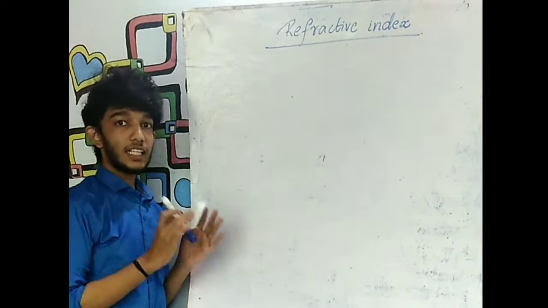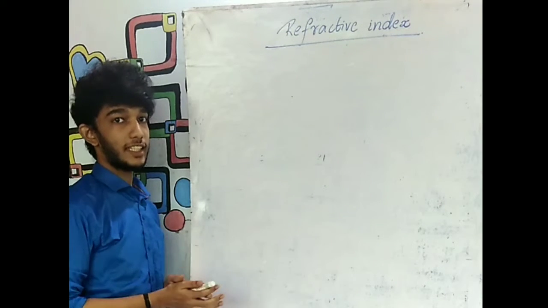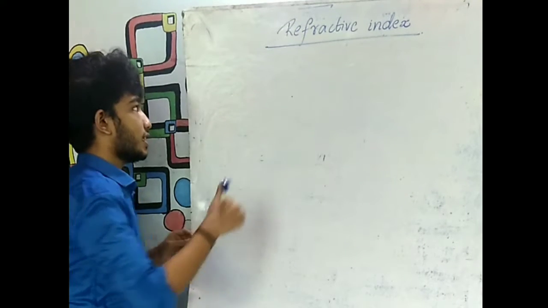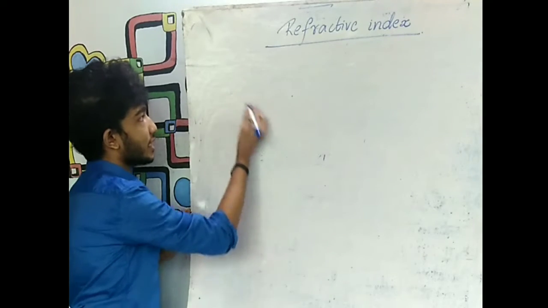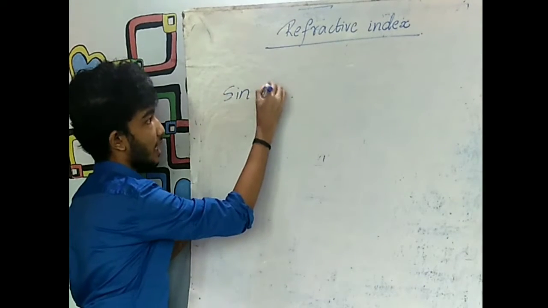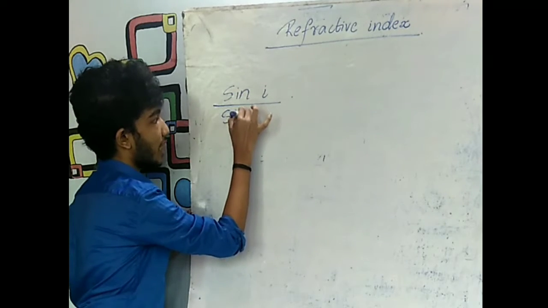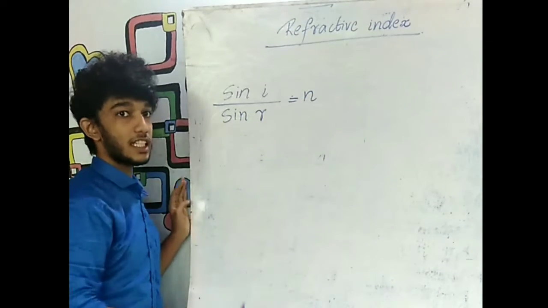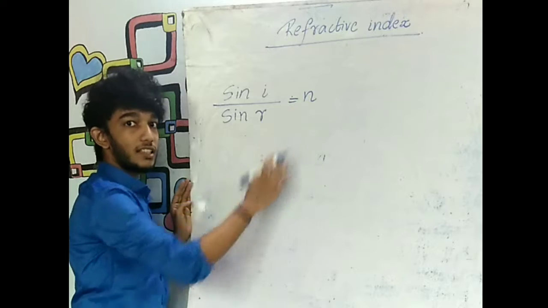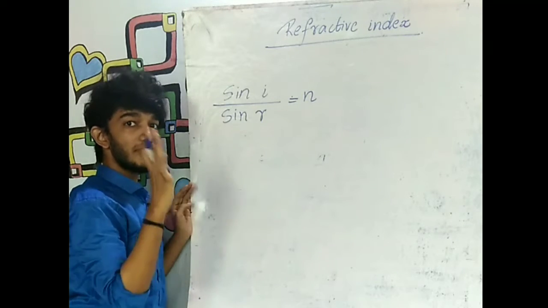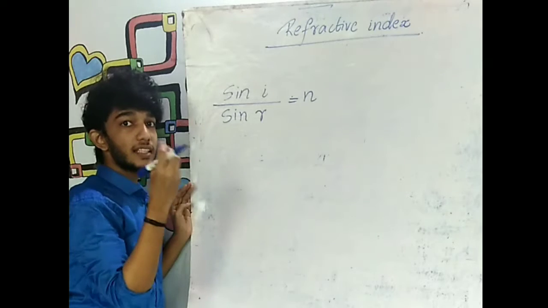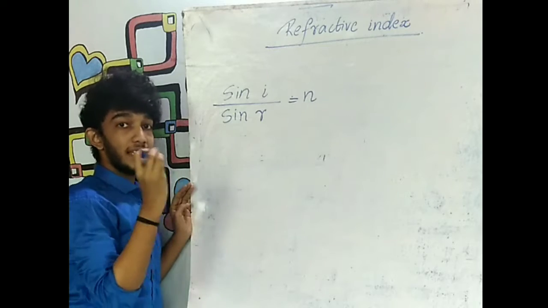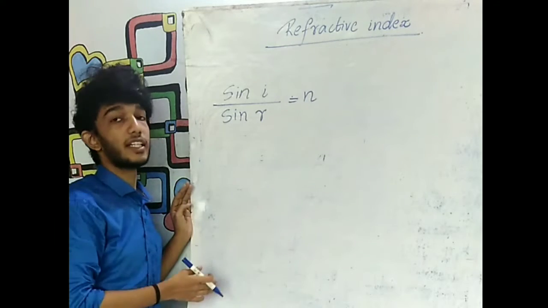So in the last class I have just introduced the term refractive index by stating the second law of refraction. So what is the second law of refraction? The second law of refraction states that the ratio of sine of angle of incidence to the sine of angle of refraction will be a constant denoted as mu or n. Now let us take it as n, and this n is known as the refractive index. So refractive index measures the extent of change in the direction of the light when it propagates from one medium to another. That extent is measured in terms of the refractive index.